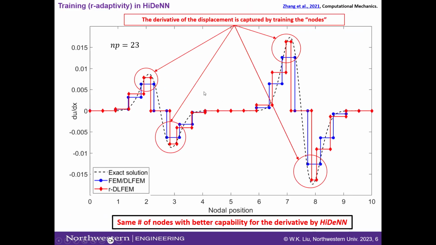So here's one example of HiDeNN. We are solving a Poisson problem where these black dotted lines are the exact solutions, and the blue ones are the equally spaced mesh and the finite element solution. And what we do with this red plot here is that we want to optimize the nodal coordinates at the same time. So those nodal coordinates are now moving toward these peaks and valleys. So we are actually training and solving at the same time using the HiDeNN structure.